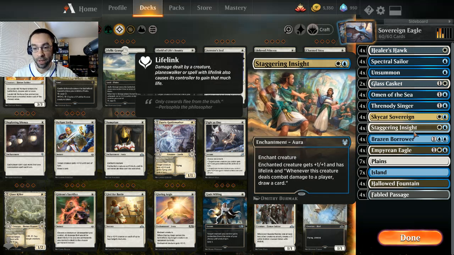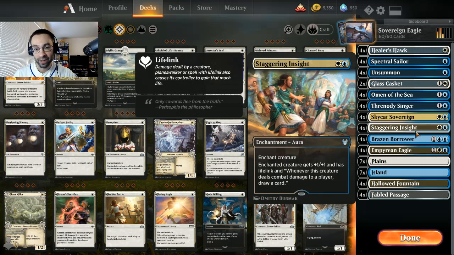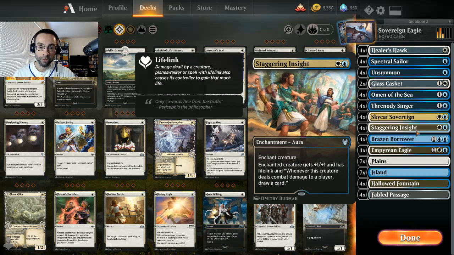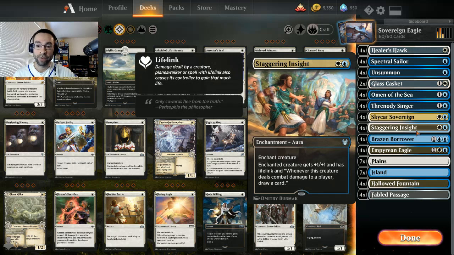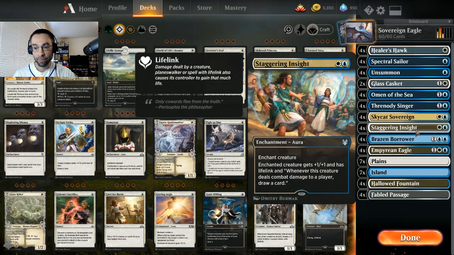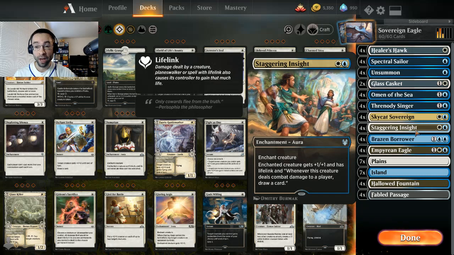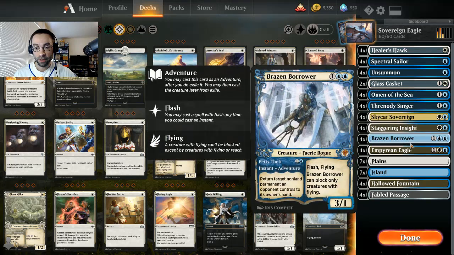So the other one is that 3 mana flyer that we got, the Skybonder or whatever it's called. I just think that card is kind of slow and clunky. If you want to go for more of a mid-rangey build on flyers, you could probably fit that in just fine, even just out of the sideboard. But I think flyers is just much better run as an aggro deck because of all the tools you have with the Healer's Hawk, Spectral Sailor, things like that. And then the Eagle works so